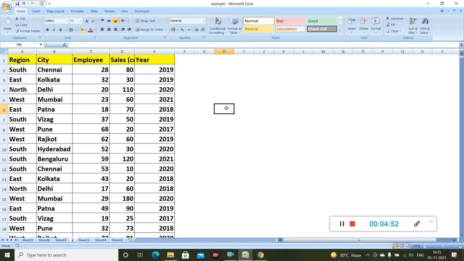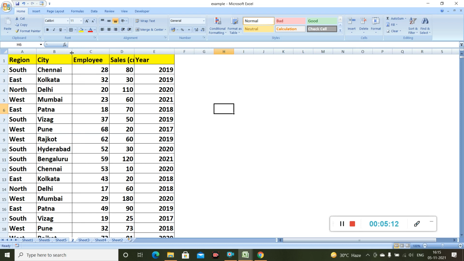There is one more method using which we can change the width. Let's say I want to increase this column width. I will again go to the junction, put my cursor there, and I can manually drag it to increase or decrease.